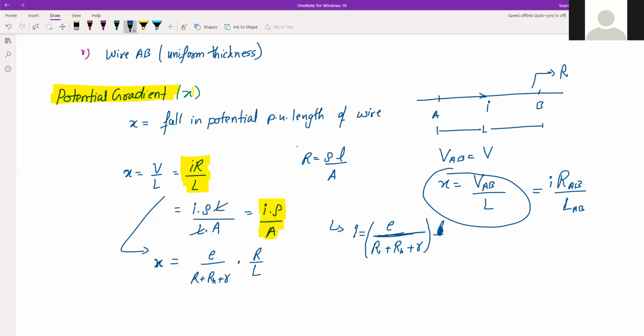So this we are deriving from the basic definition, that is IR divided by L. So you should be clear about this: how did we get I is equal to E divided by R plus RH? So go back to the circuit diagram,